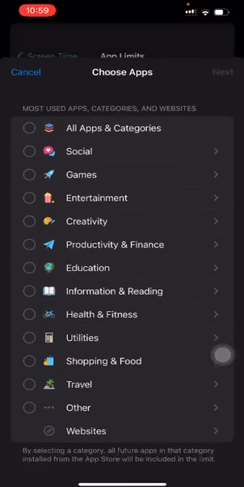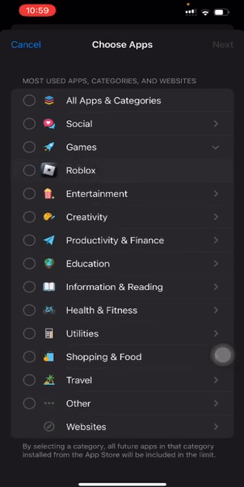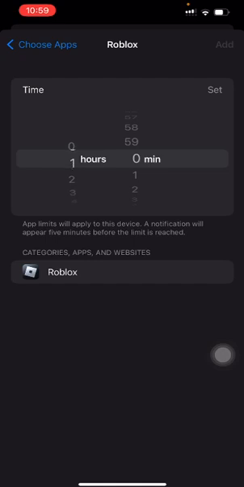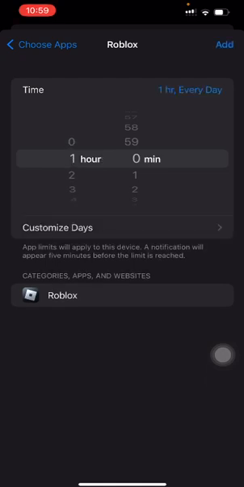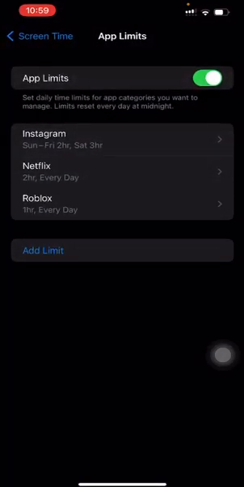I'll press on add limit again, and I can go on game. I have one game, and it's Roblox, which is a very common game for children. And you can press on this. If your child spends too much time on Roblox, I would say maybe an hour every day. You press 1 hour, and you go to the top right corner and press add. And so here you see that I have 3 limitations. One for Instagram, which is social media. One